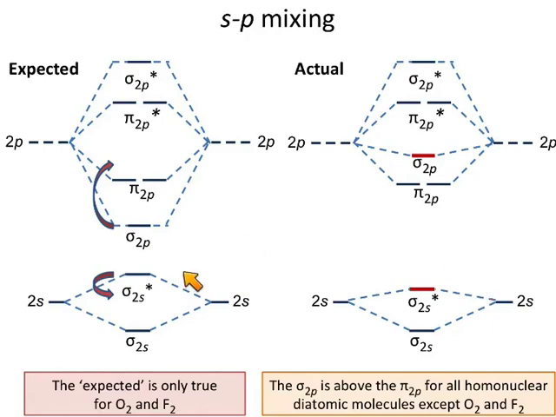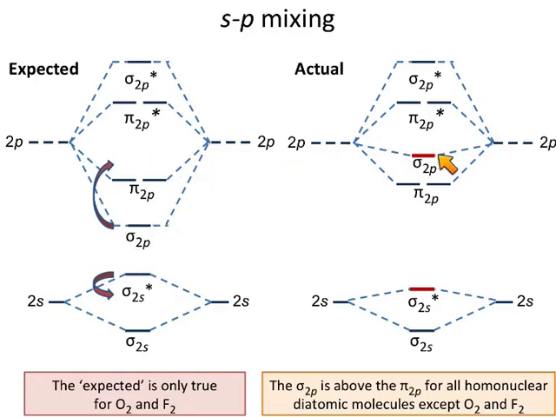So let me explain what's on the left. Right, on the left it's nice and symmetrical. When you have the sigma from the 2p and the antibonding sigma from the 2p, they're kind of equally spaced around where you started. And then the pi is a little less beneficial, so they're closer in to where you started, but they're still symmetrical. And so now what happens is this sigma from the 2p moves above the pi,